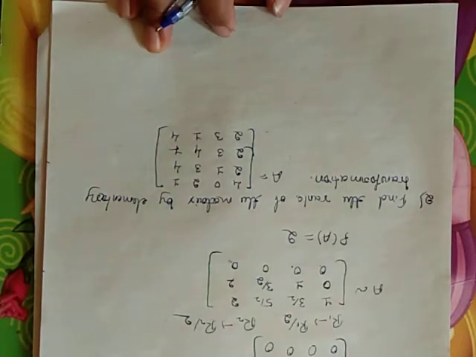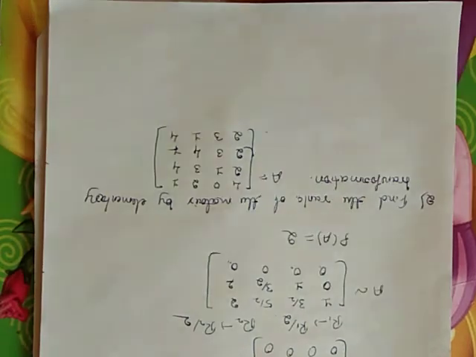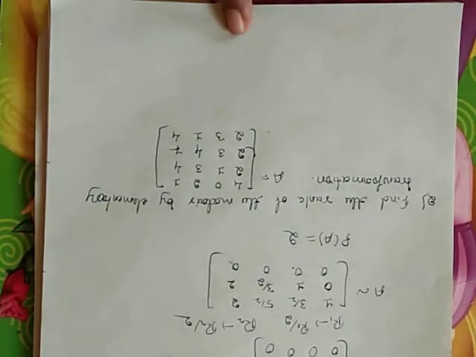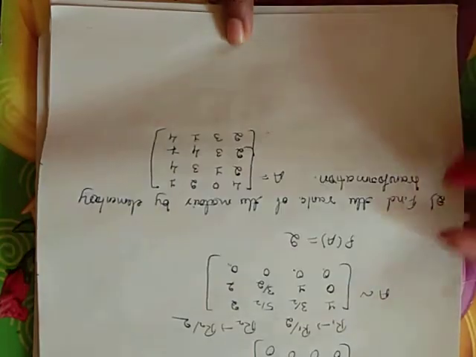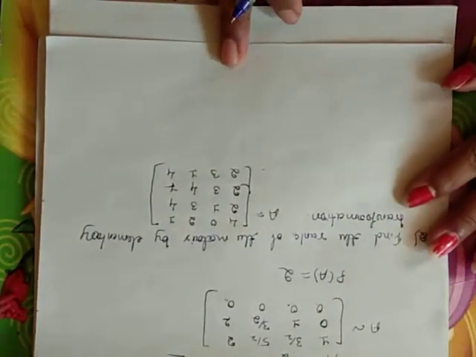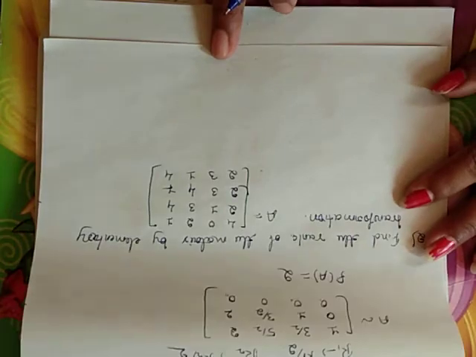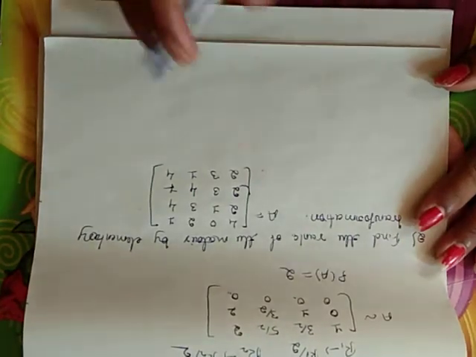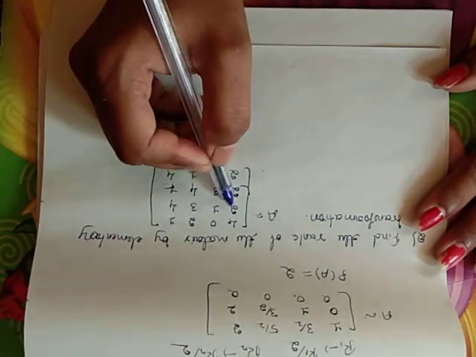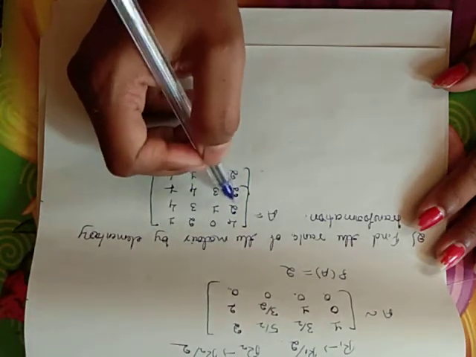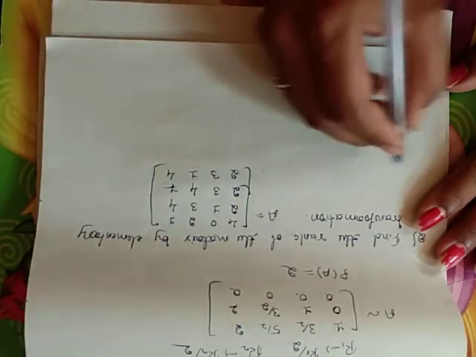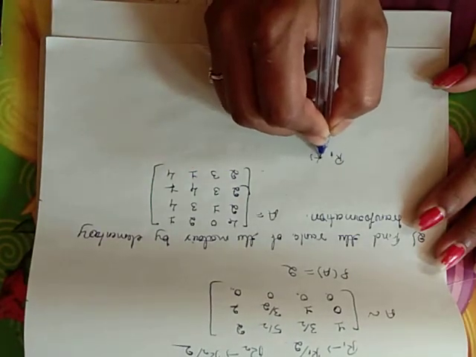Consider matrix A equal to 4, 0, 1, 4, 0, 2, 1, 2, 1, 3, 4, 2, 3, 4, 7, 2, 3, 1, 4. So using the elementary transformation, find the rank of the matrix A. Again, try to make the first element of the first row non-zero and preferably 1. Here it is 4, and the first elements of the further rows are always 2 here. So I am first taking the interchange of R1 with R2.